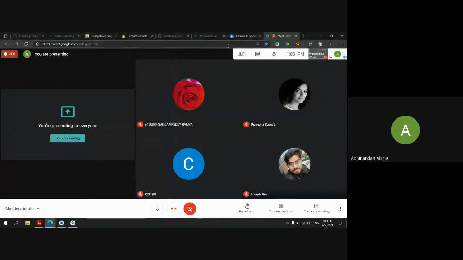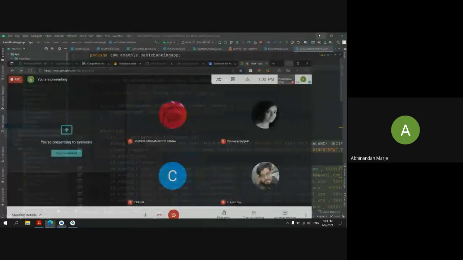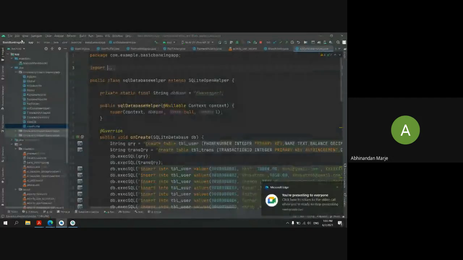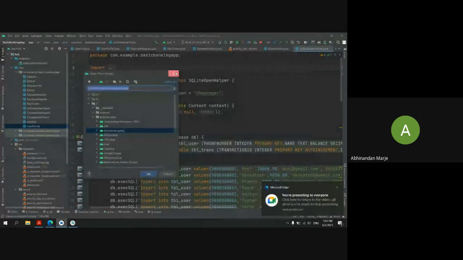So in this storage task, we will create our database first. Sorry. We will create a new project.